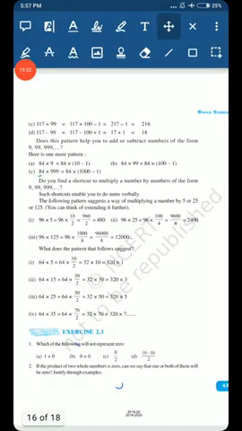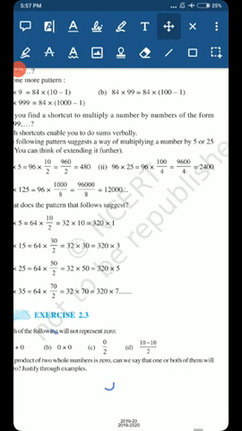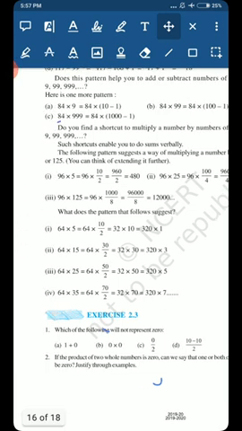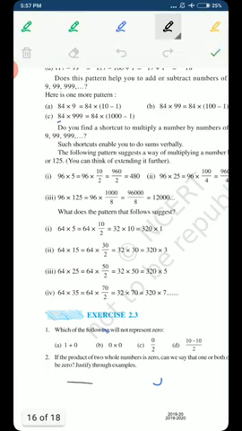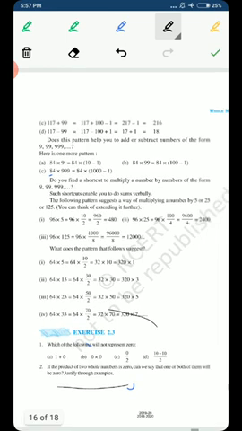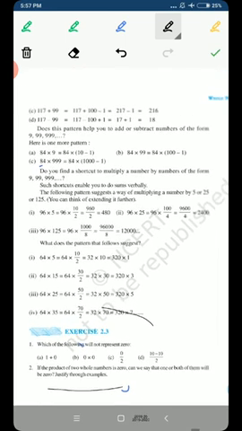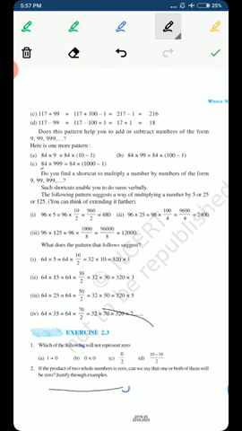The next question is, if the product of two whole numbers is 0, can we say that one or both of them will be 0? Justify through example. This is just like question number 1 that I have told you, that whenever we multiply any number with 0, the answer is always 0. So yes, whenever the product of two whole numbers is 0, one of them or both of them will be 0,